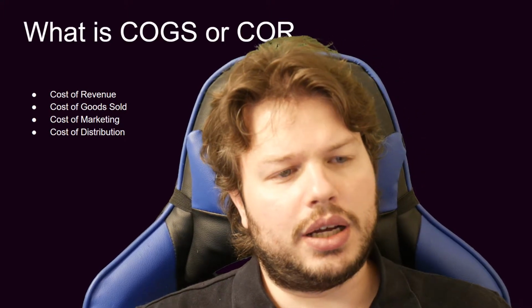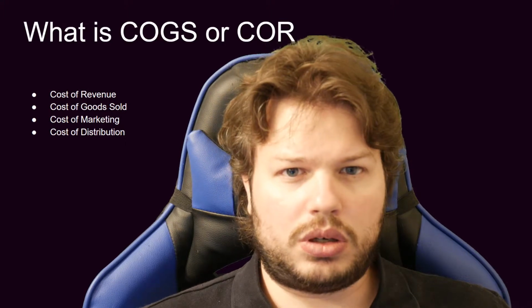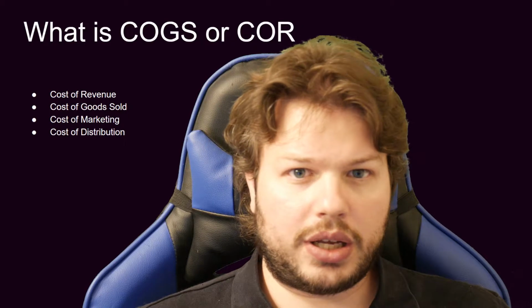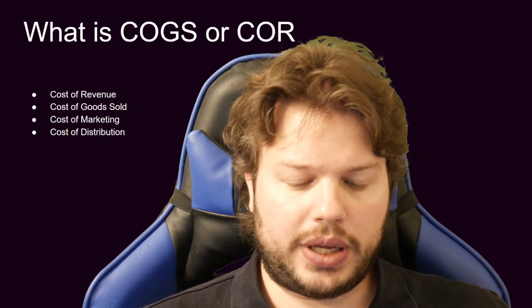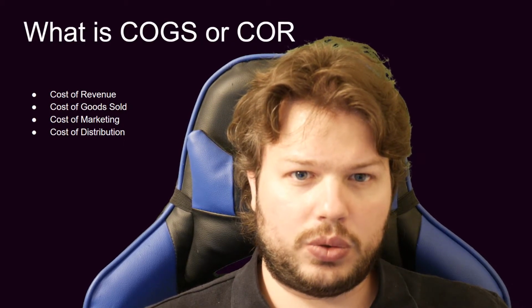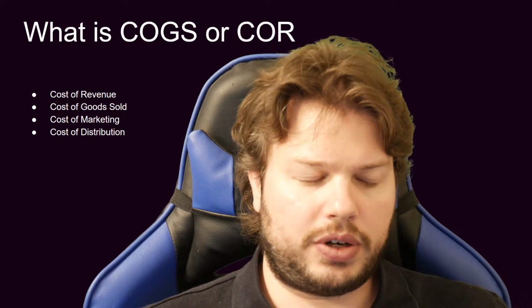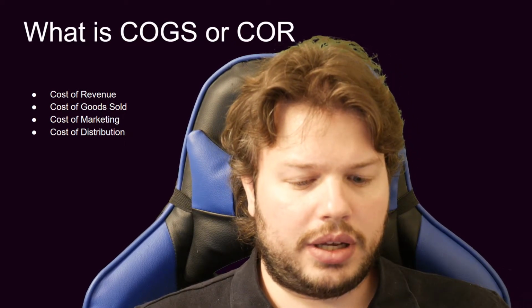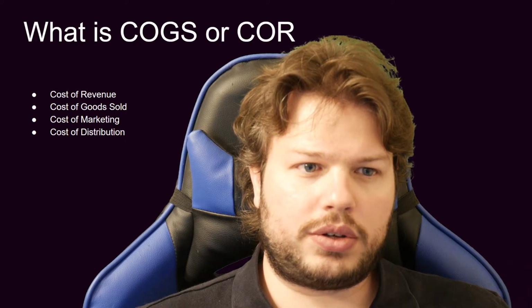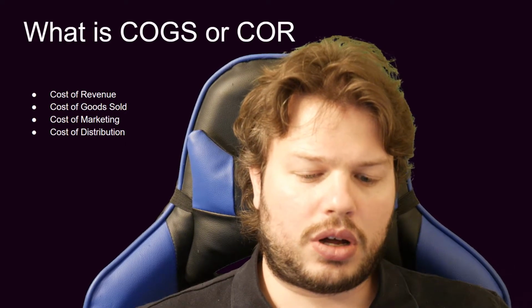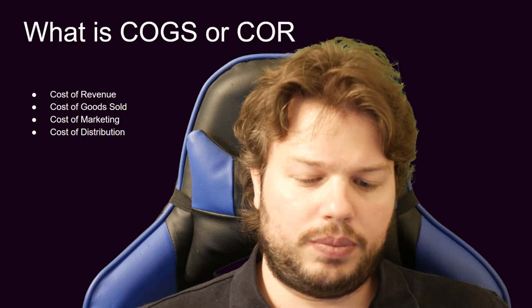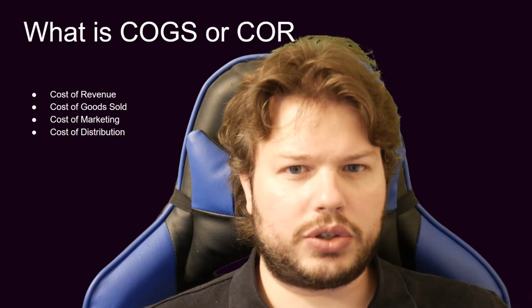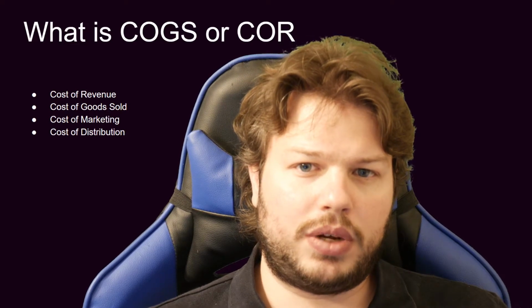So, COGS or COR, both are good things to look at. Are they growing? Are they shrinking? Are they growing in relation to the revenue, or are they shrinking in relation to the revenue? Those things are actually a big factor in whether or not you can predict the long-term earnings of a company. If the cost of goods sold is increasing far